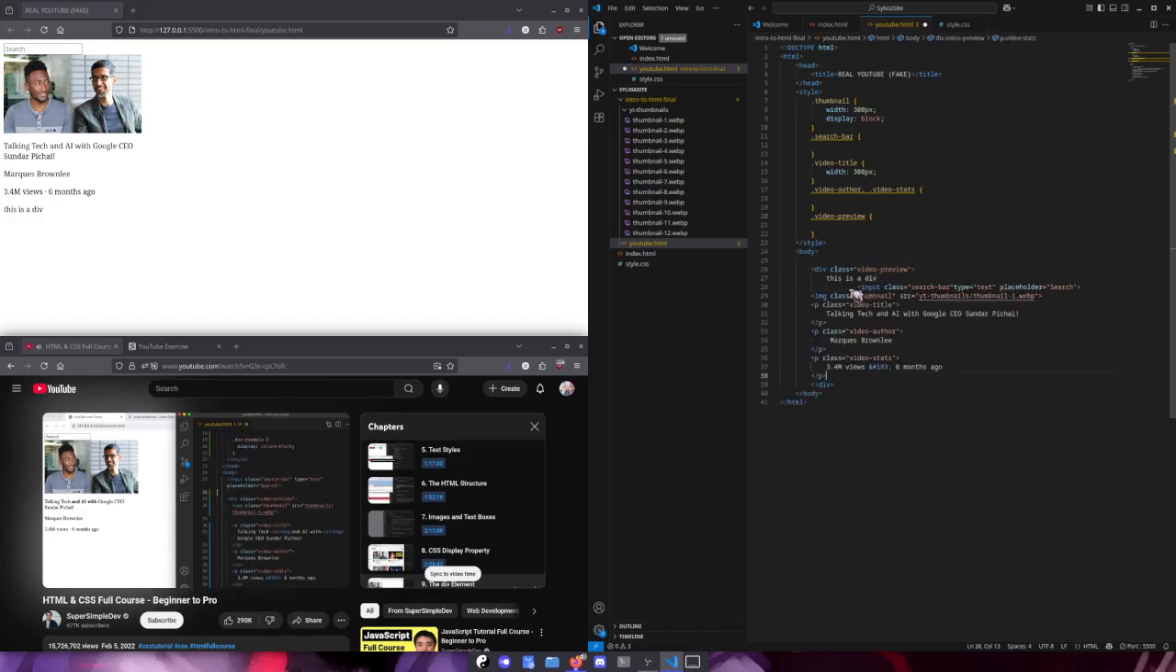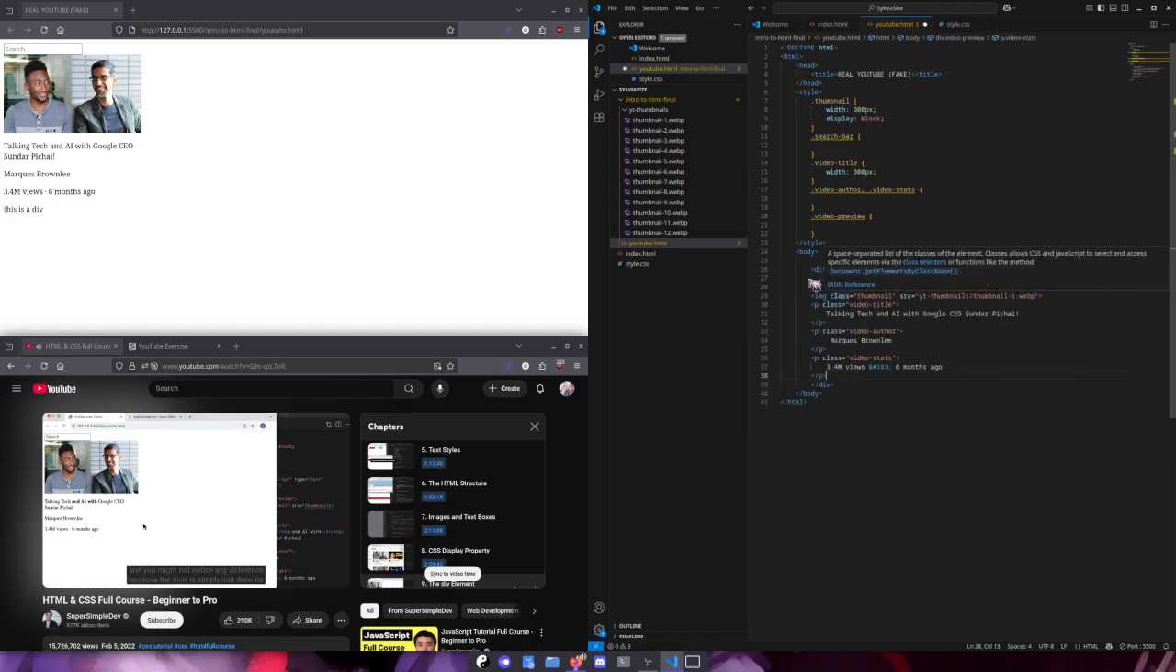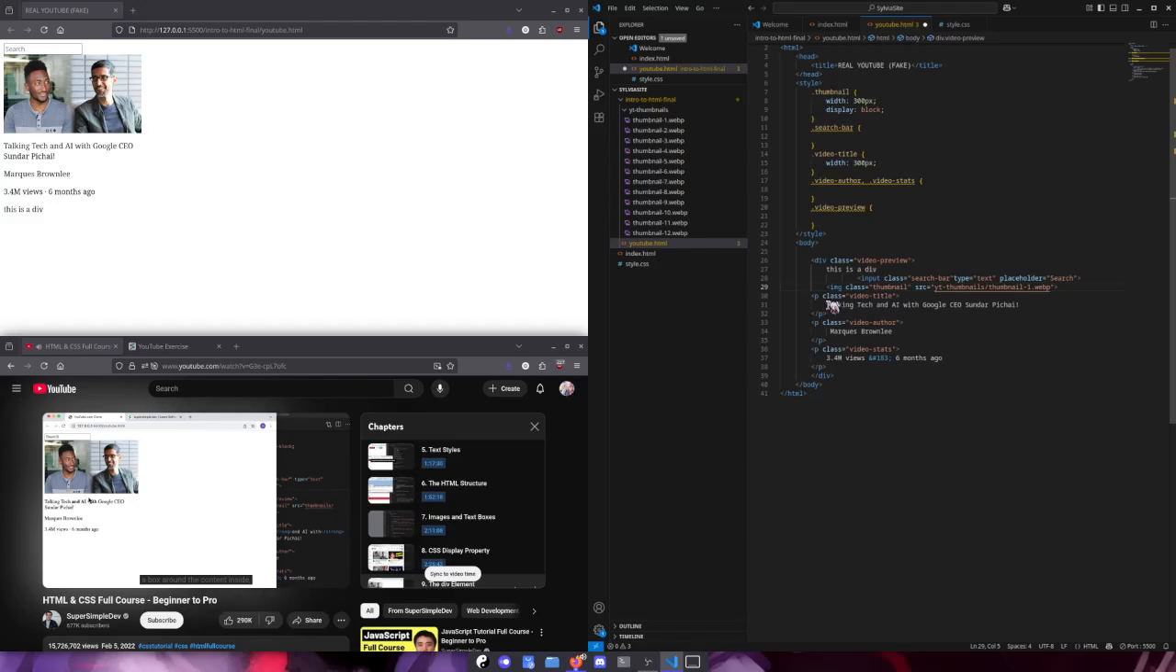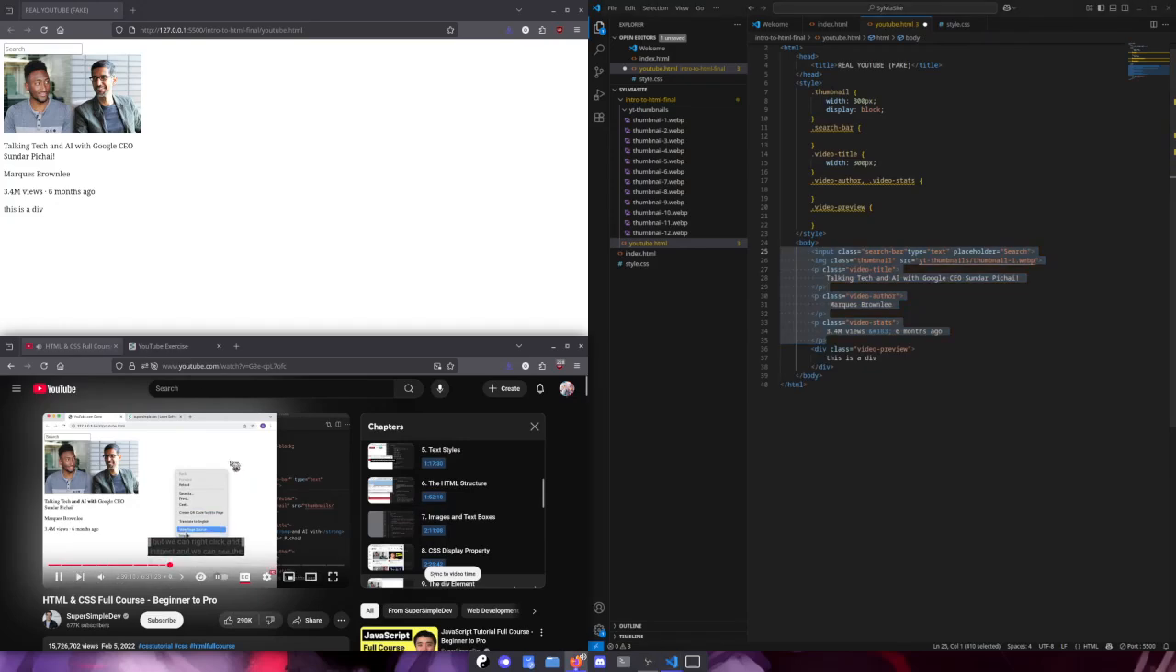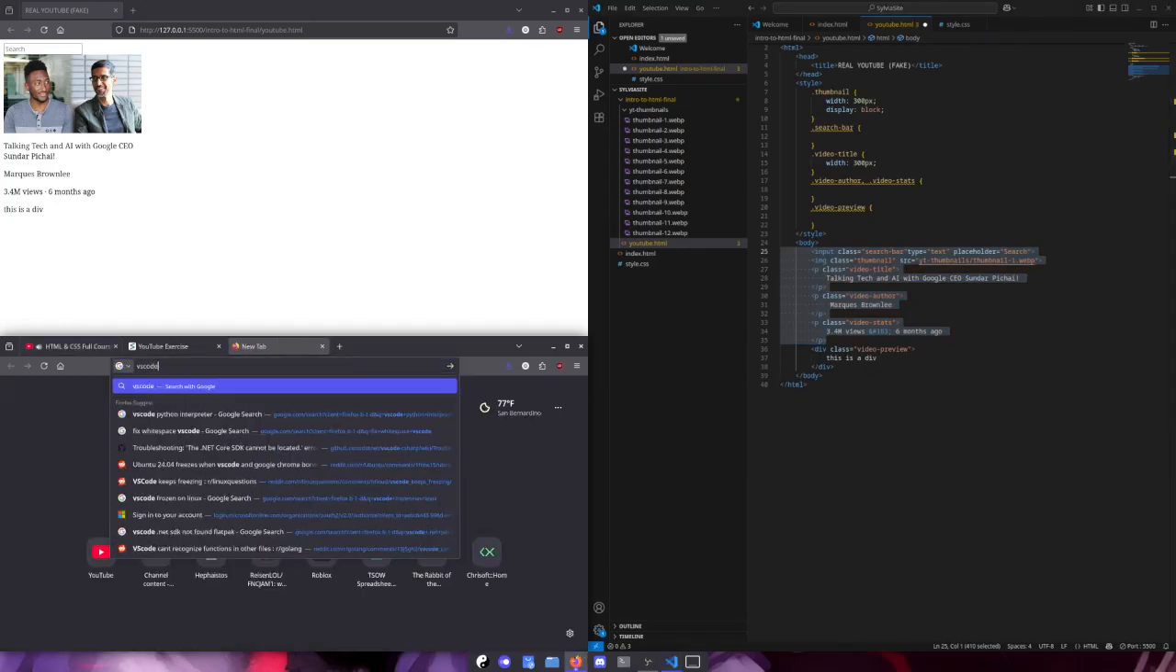Now save. And you might not notice any difference because the div is simply just drawing a box around the content inside. But we can right-click and inspect